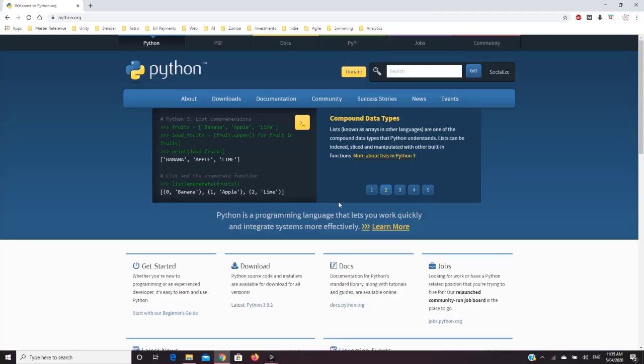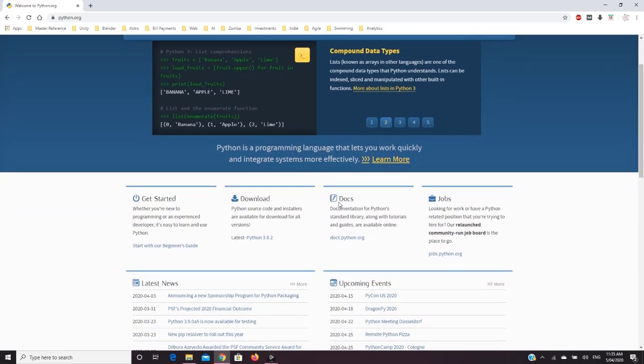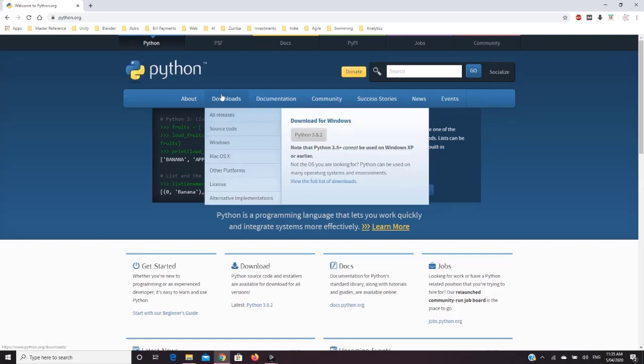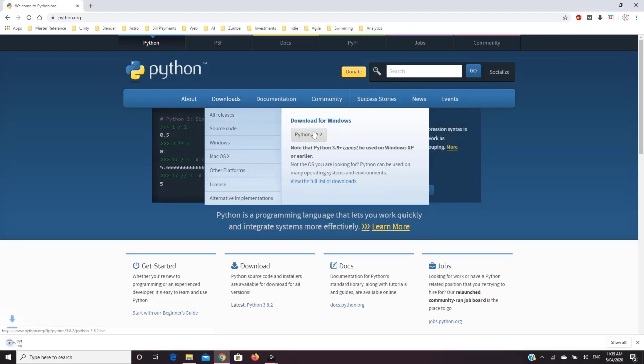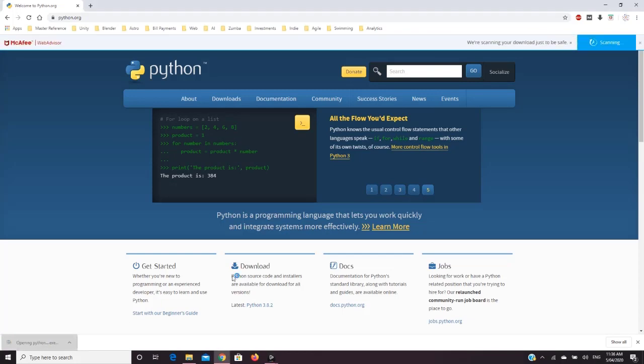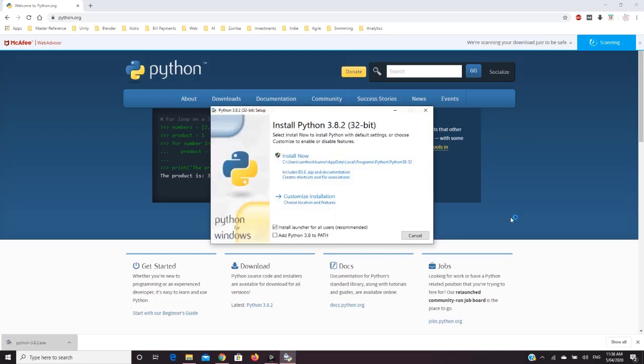You can go to python.org, click the downloads tab, and you will get the latest version of Python available for install. Here it is Python 3.8.2. I have just clicked it and the download has started. If you noticed, earlier in Anaconda we had installed Python 3.7. Now here we are going to install Python 3.8.